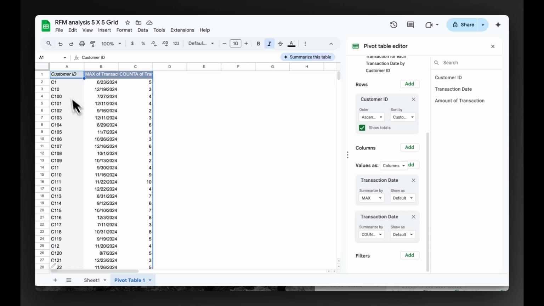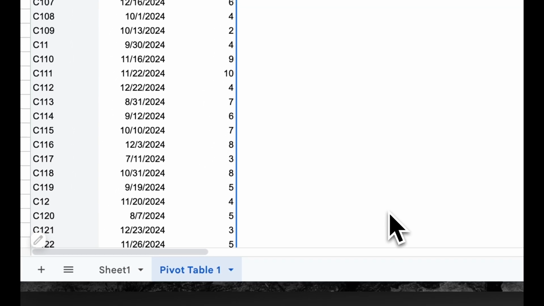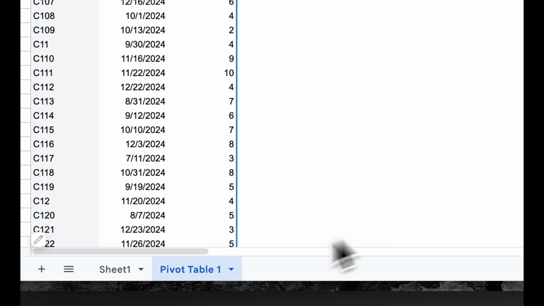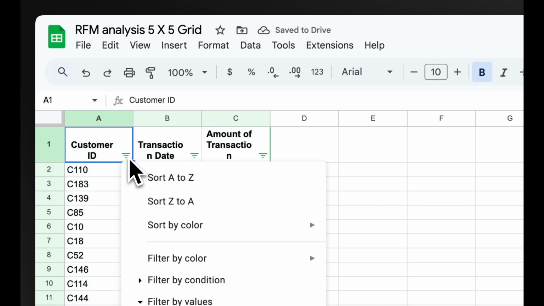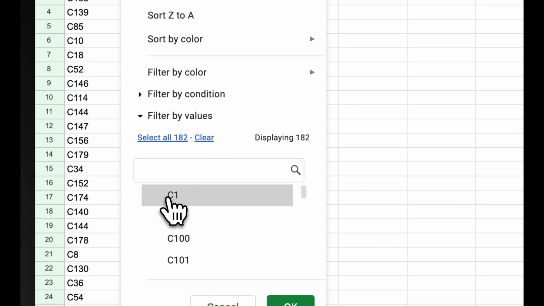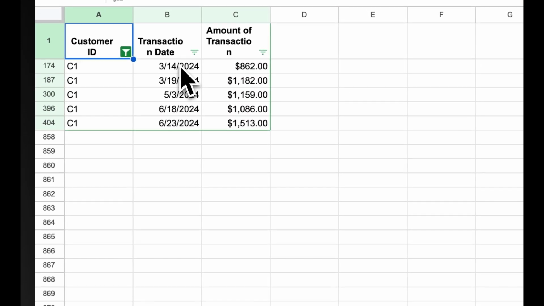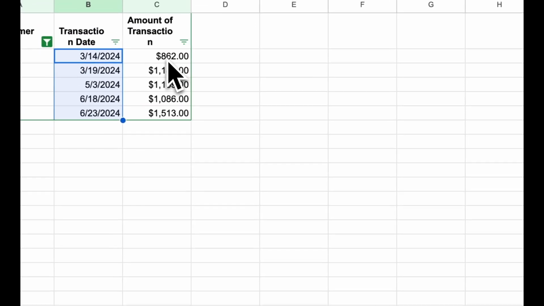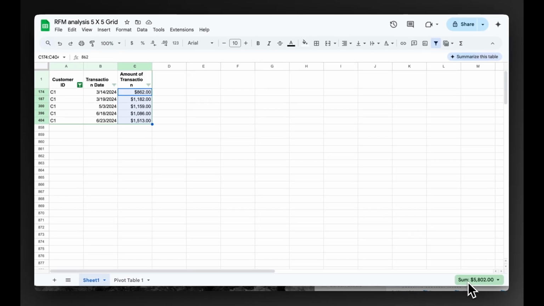So for C1, we have the last transaction on June 23rd, and we have 5 transactions in the whole year. If I want to check if it is okay, simply I will add filters inside the row. If I choose, let's say, only the C1 customer, we can see that we have 1, 2, 3, 4, 5. That also can be seen here, 5 transactions, or this is frequency, and the sum or total amount that this specific customer has spent with our company is